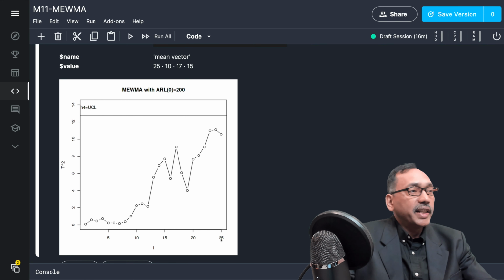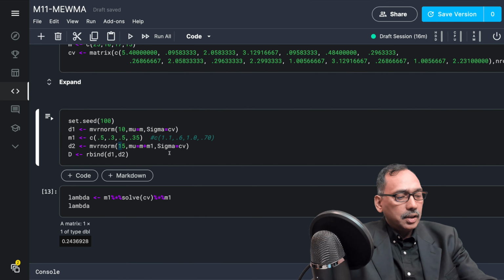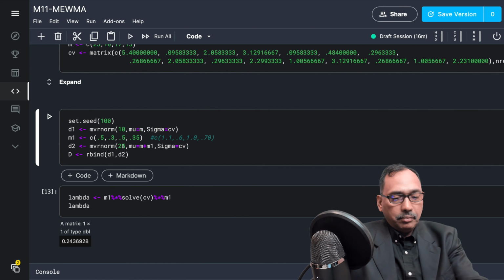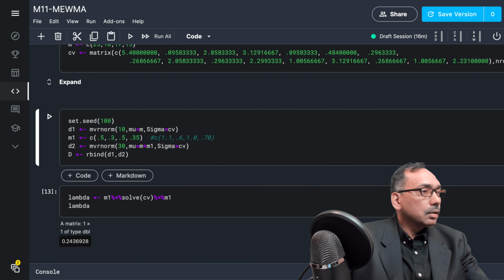So it may take more time before it detects when it goes out of control. So I'm going to increase this to 25 or maybe 30 so that we can see that.